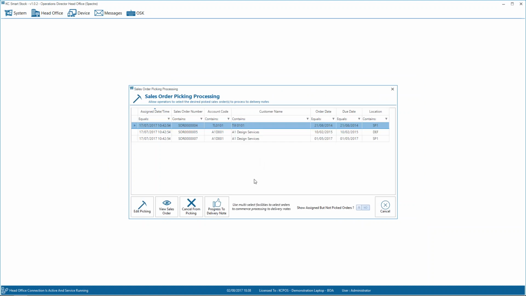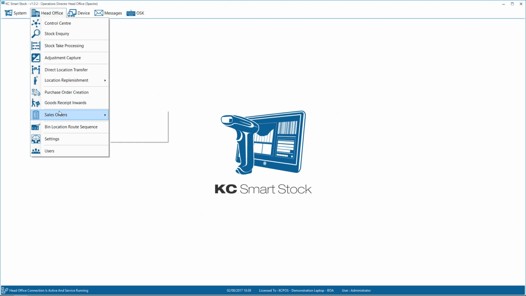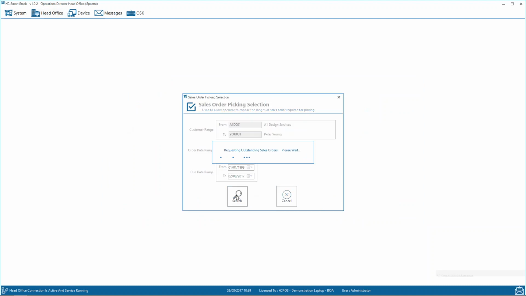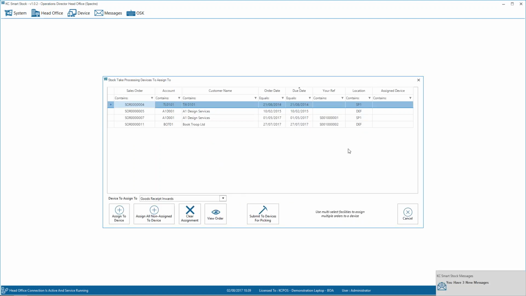I'm just going to free up some of mine so that we can see a better picture. So from within here, it will show us all of our sales orders that have now come available. These sales orders we can view the details, etc. If the accounts package that you work with has priorities, i.e. Opera and Sage 200, then again, the ranges screen on the front will show you the priority ranges. And on this screen, it will also show us the priorities and sort by those priorities as the first instance. We can then take these